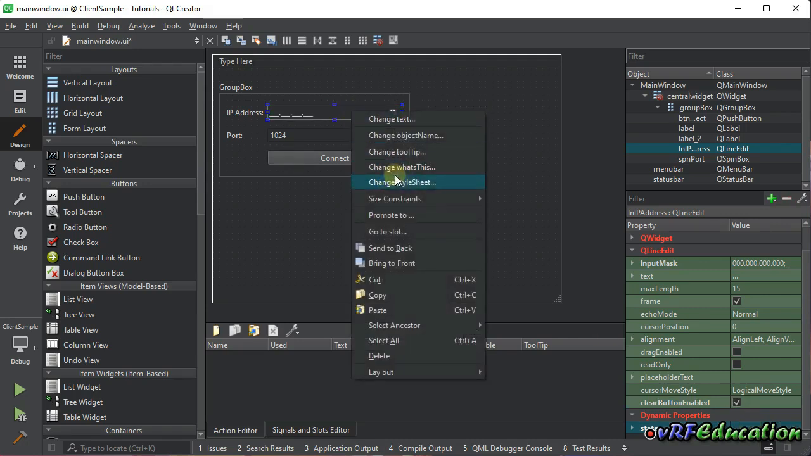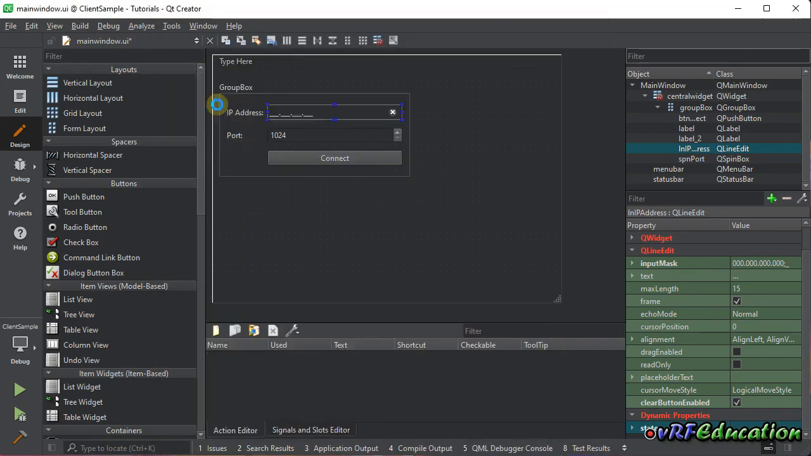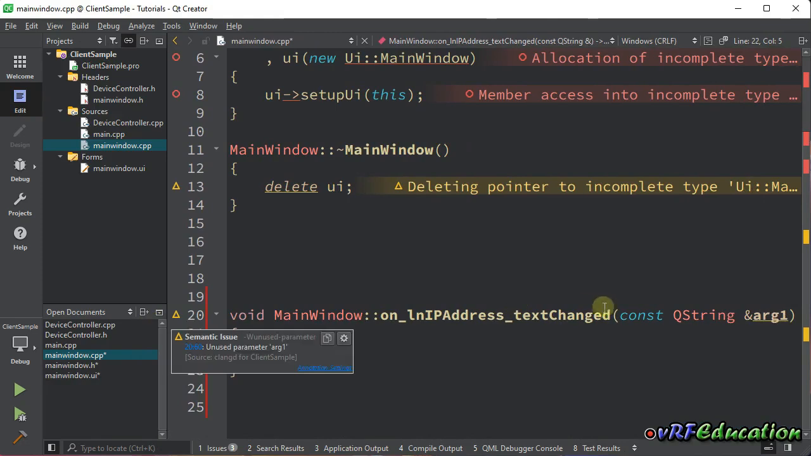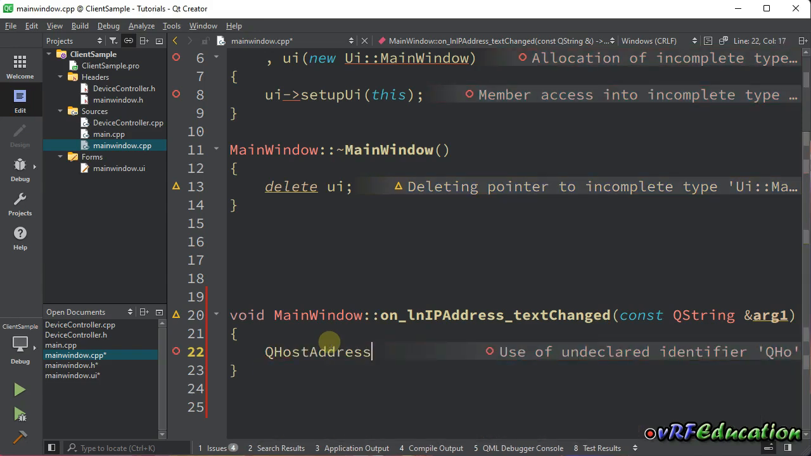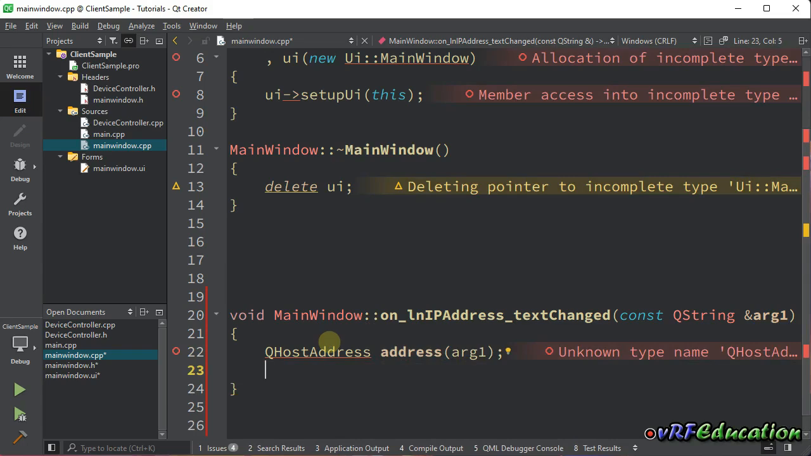And here, going to text change, I need to add some code here to text change a string. I'm going to check the entered string that passed as an argument to this method, and if the IP address is valid, then add or update the property state values and repaint the widget again. Here I'm going to create an instance of QHostAddress named address based on the argument arg1, and then check if